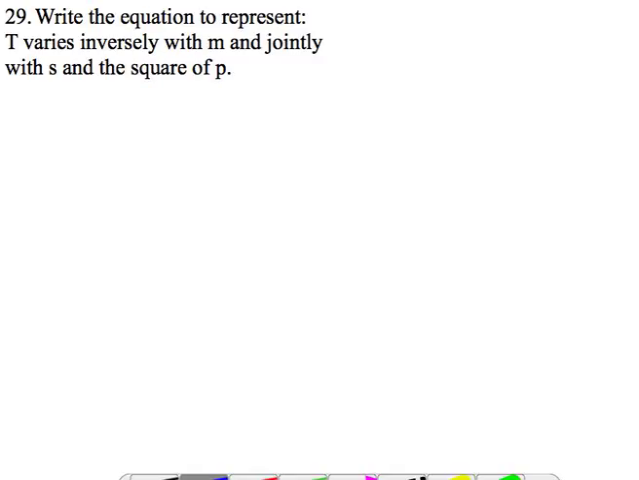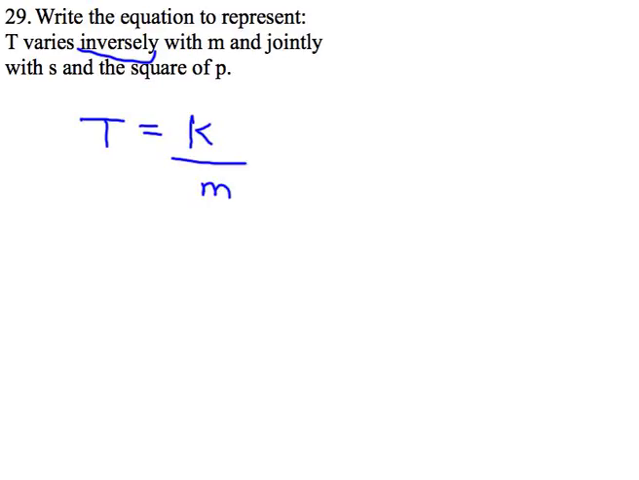It says, write the equation to represent t varies inversely with m and jointly with s and the square of p. Remember that you're going to write t, the varies is where you put the equals. K, the constant, is never mentioned, so you put that in the numerator. We have the word inversely, so anything that follows inversely goes in the denominator, so m will be in the